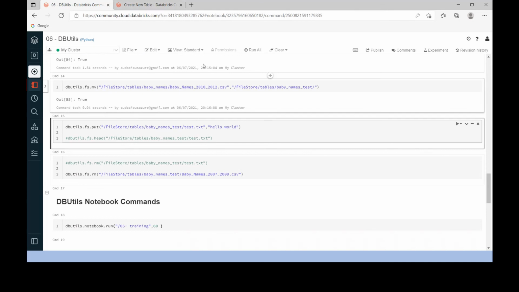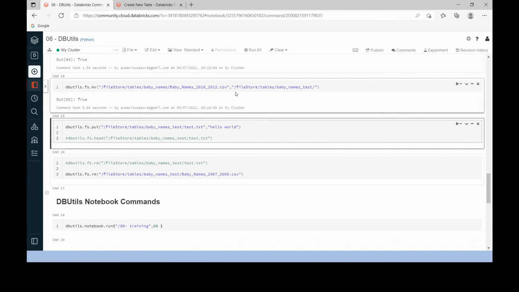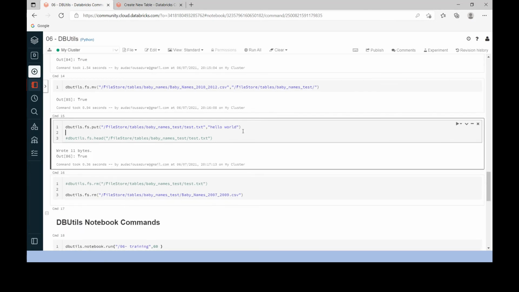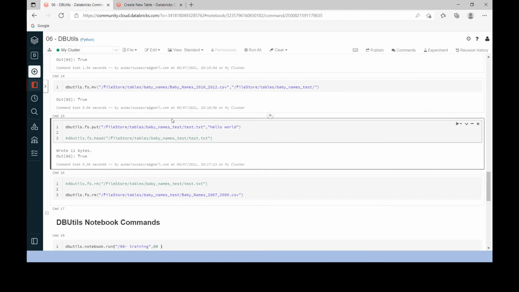Currently we don't have this file under baby names test. So let me execute this one. Great. It has written the file, and the execution is successful. And we can see the file in the file system. See here, it has created one test file, test.txt.